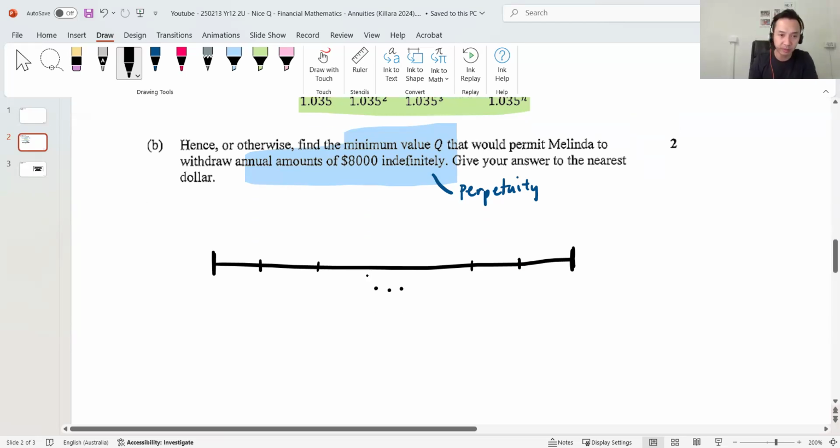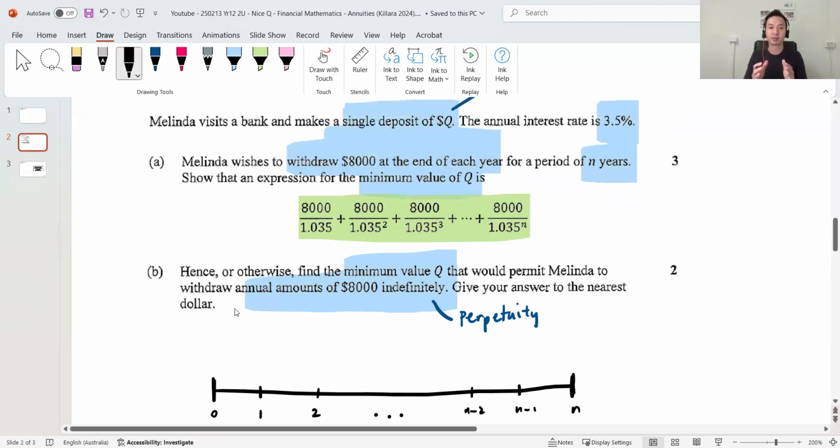So times 0, 1, 2. Now this is n minus 1, and n minus 2. All right. So what this question is, and the notion of minimum, is this. Melinda can put in $1 billion and withdraw $8,000 each year, but that's not the point. We want to know what's the minimum value she can invest so that she can withdraw $8,000 over N years. So basically,